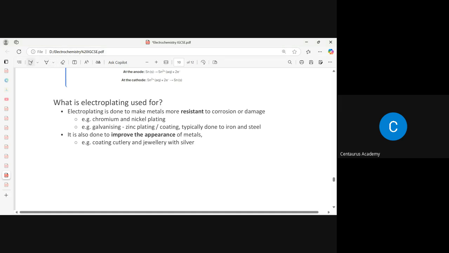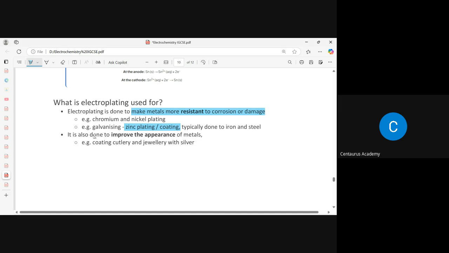So these are the reasons why electroplating is done. It is used to make the metals more resistant to corrosion or damage. For instance, nickel and chromium plating is done. Galvanizing, which we will look into in more depth in the metals chapter. Galvanizing is basically where we coat a particular iron or steel with zinc. And that is because zinc is more reactive, so zinc gets corroded away instead of iron or